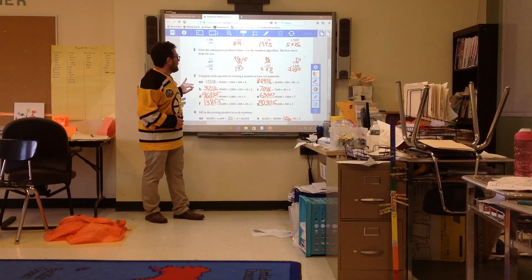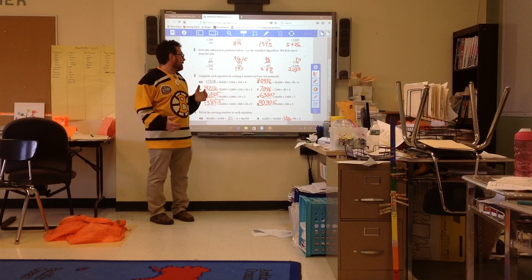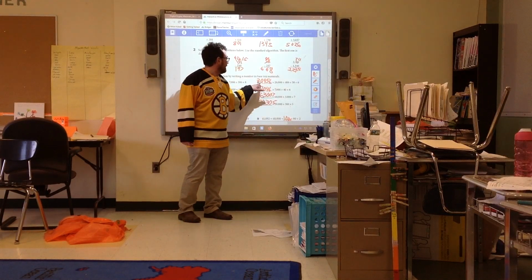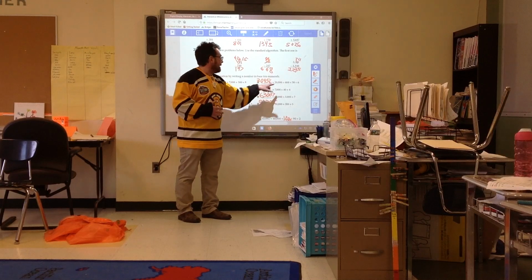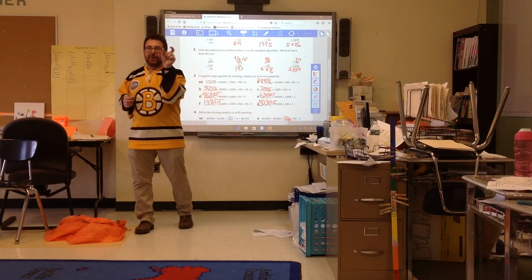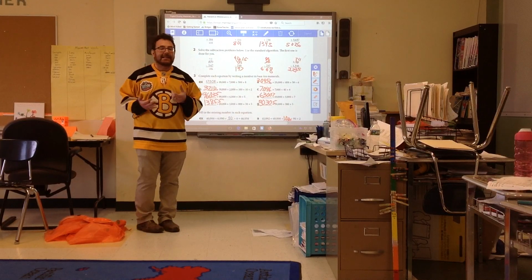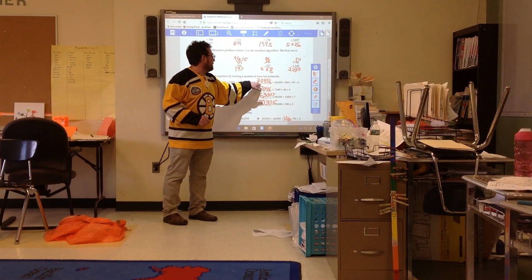In the next section, you are writing the number in base 10 numerals, normal numbers. So you'll see that there's sections where there's a 0. When they have a 0 in there, there wasn't something for the thousands place. They're not going to show you 4 zeros for 1,000. That's not going to happen. They're just going to give you that space. So